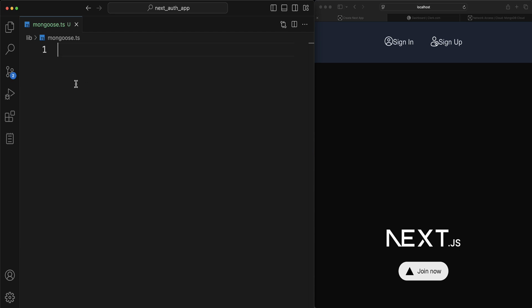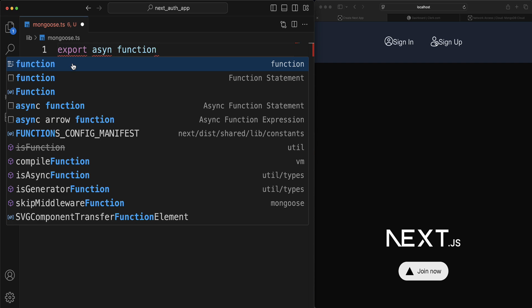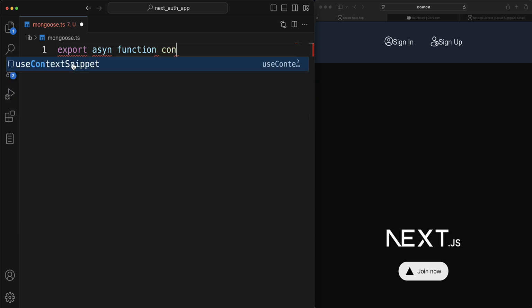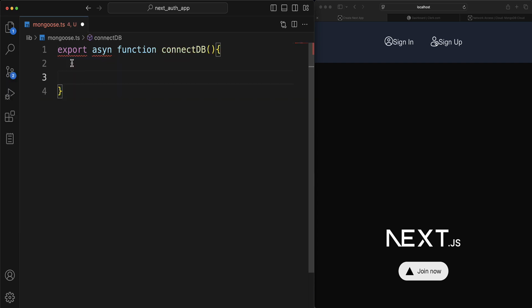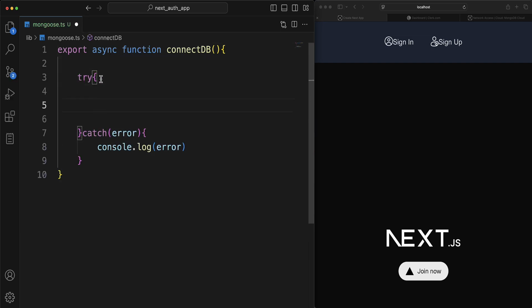So inside of this mongoose.ts, we're going to be having the code to help us hook or connect to our MongoDB database. And within the mongoose.ts file, I'm going to export an async function that will help us to connect to our MongoDB database. And I'm going to call it connectDB. And right here, I'm going to open a try and a catch block. And the catch will enable us to catch any error. And then we're going to log that error to the console, like so. And this should be async. Yeah. And within the try block, we're going to await